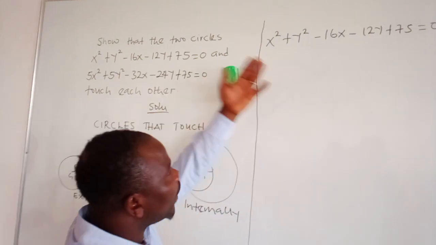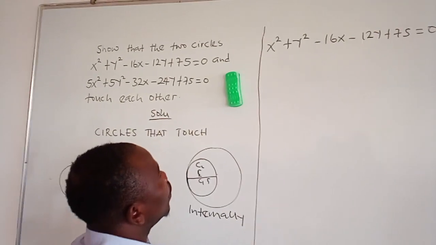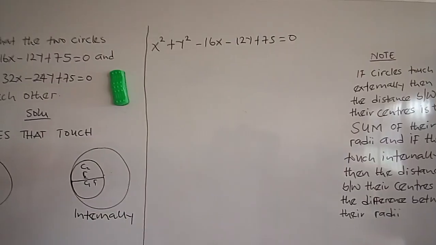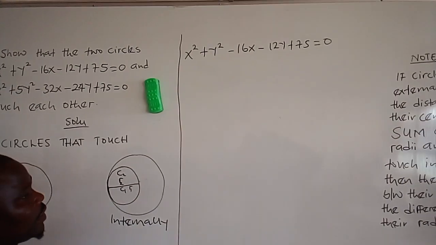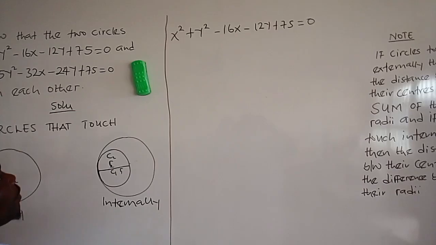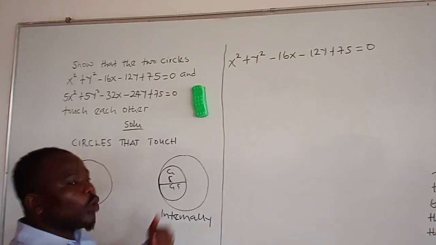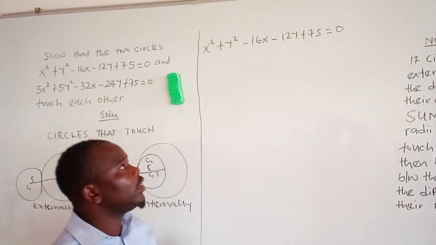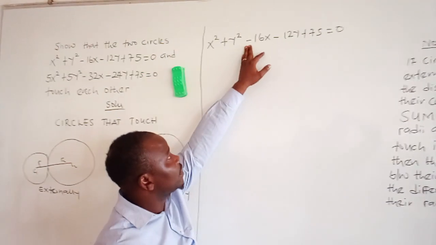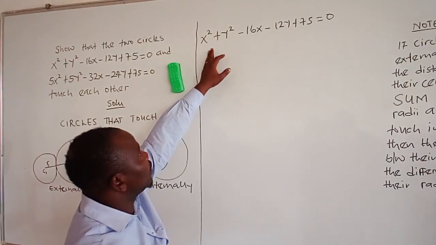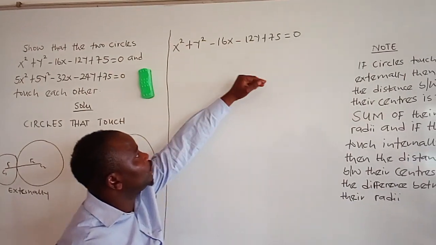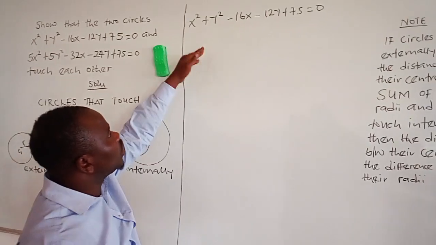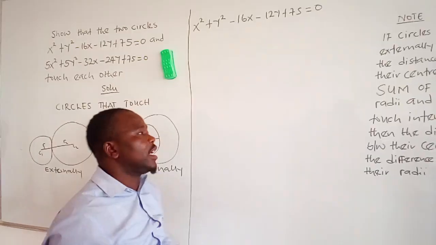And how are we going to find the radius of this circle? For us to first obtain our center, we are going to compare this equation